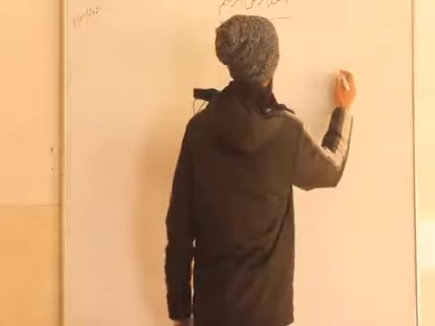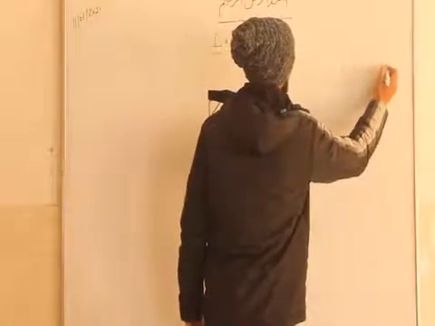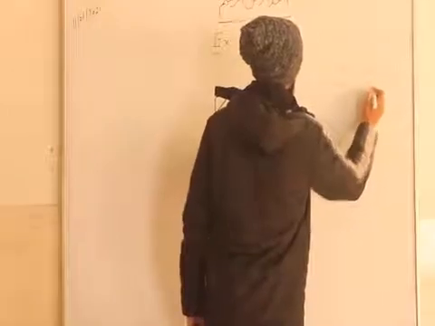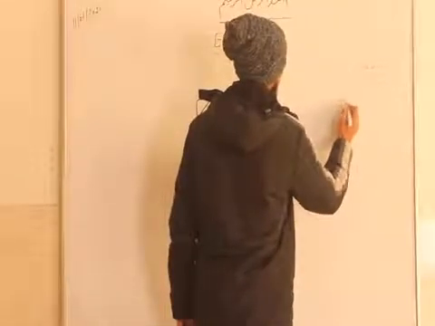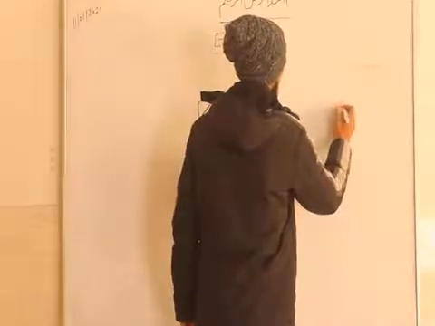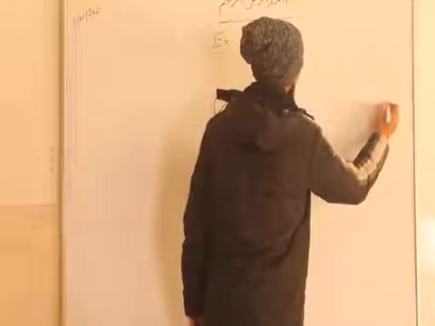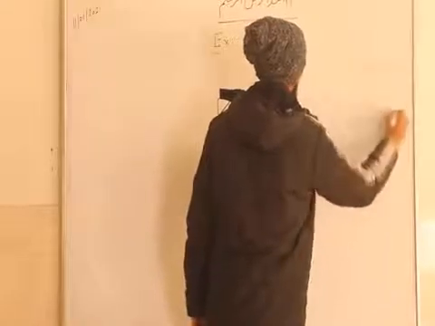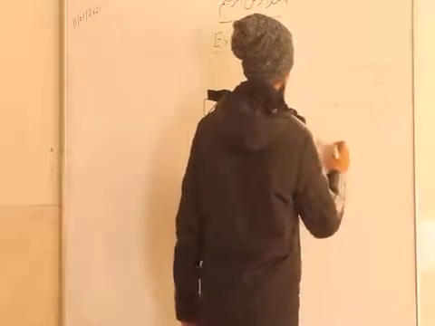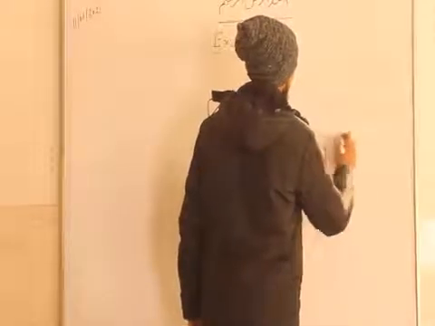So here I am writing the formula of simple interest, which is P into R into T by 100. For compound interest, we can first calculate the amount by P (1 + R/100)^T. Then compound interest will be amount minus principal, this one.